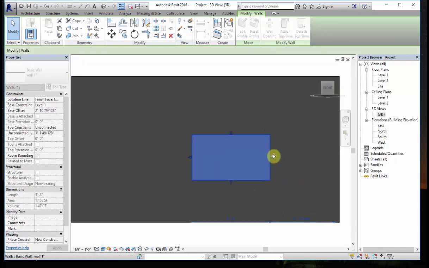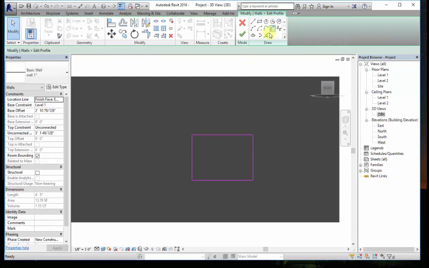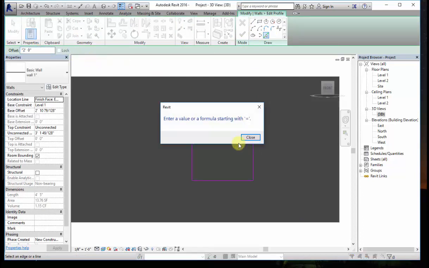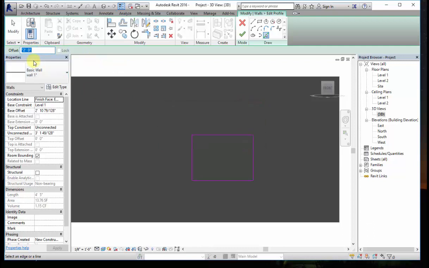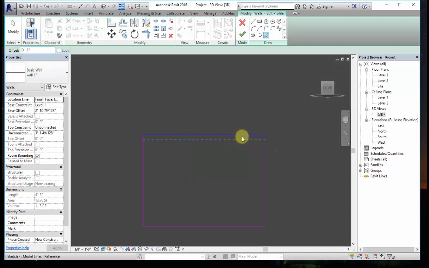Now to create the frame, I'll use edit profile, so I'll select this, click on edit profile, select pick line and give the offset of 2 inches each side, like this.